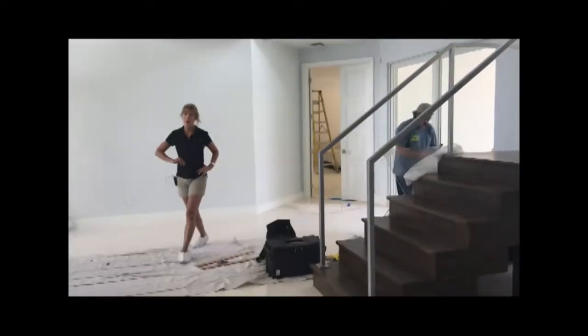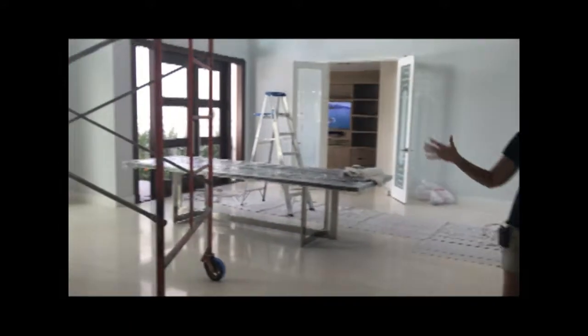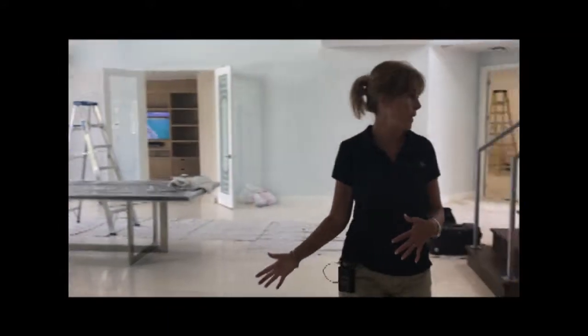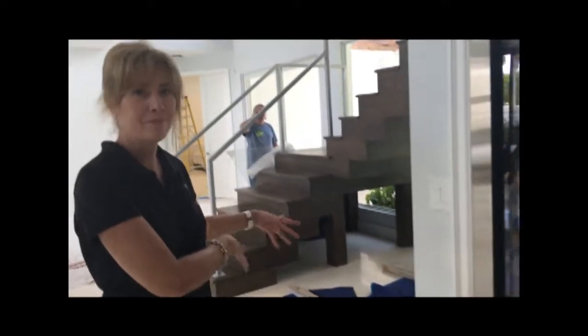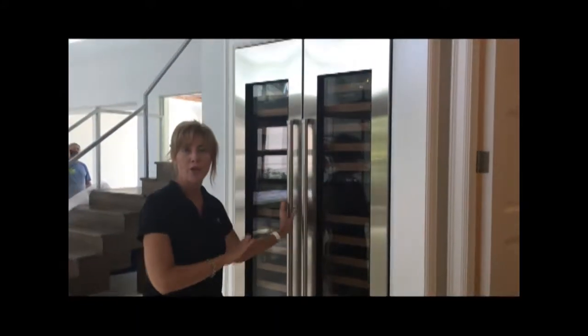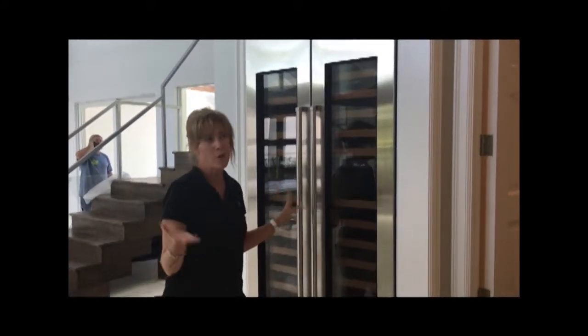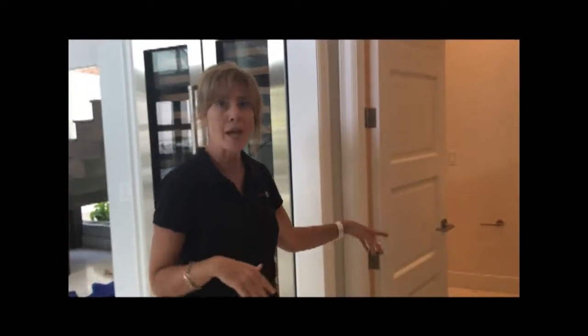All right, so now this is our dining room table. We'll obviously be moving that under the chandeliers, and we're waiting for the rugs to come in. If you remember at the beginning, we had like a sunken landscaping bed here. It was kind of funky. We've obviously filled that in. We've created wine storage here with 2 separate Sub-Zero coolers. So in an ideal world, one would be for red and one would be for white. I love the way this